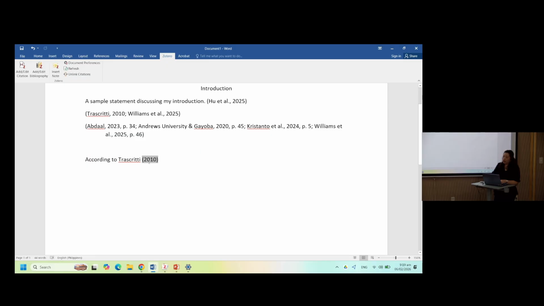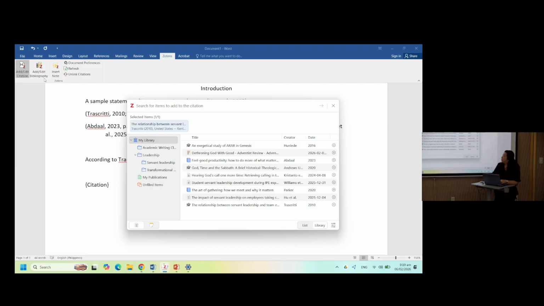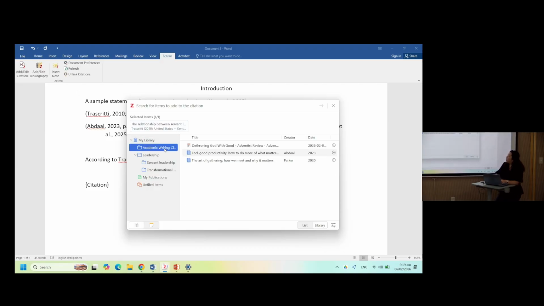So do not edit anything from here or else you'll encounter an error. Okay? So this will be your friend, Add Edit Citation. And you'll see here also the different articles from your saved items in Zotero. So that's why I'd still prefer library compared to list.